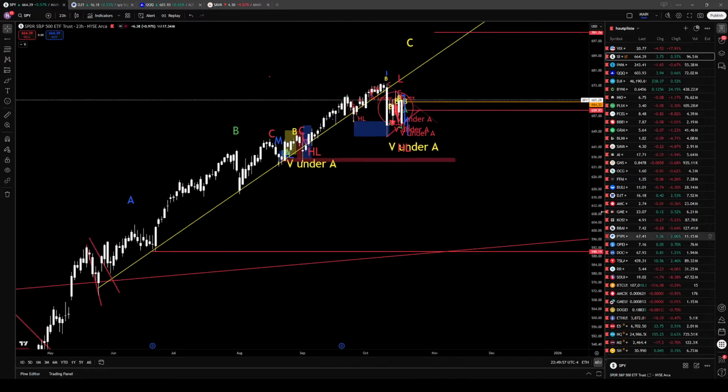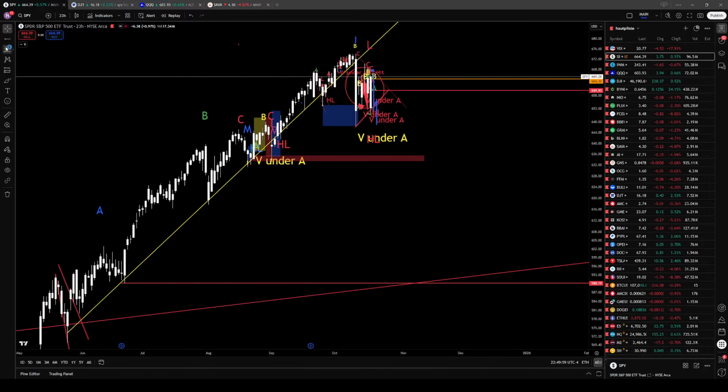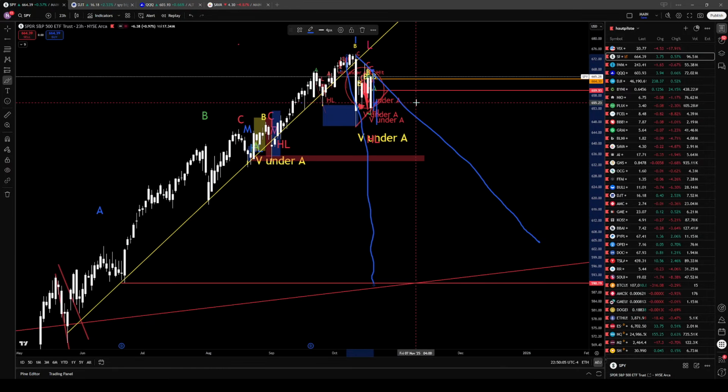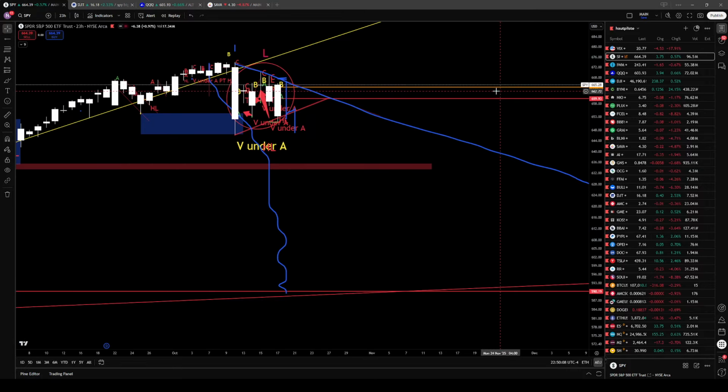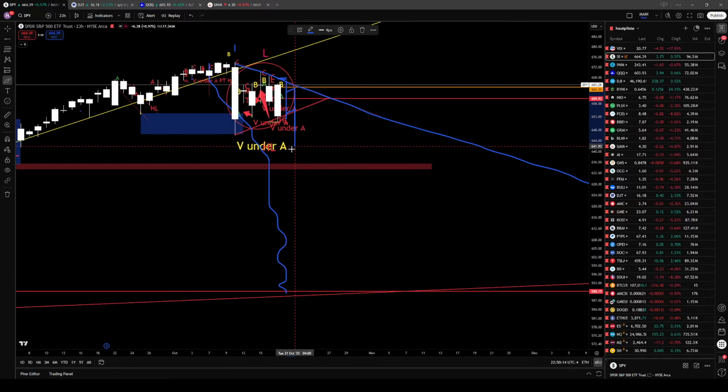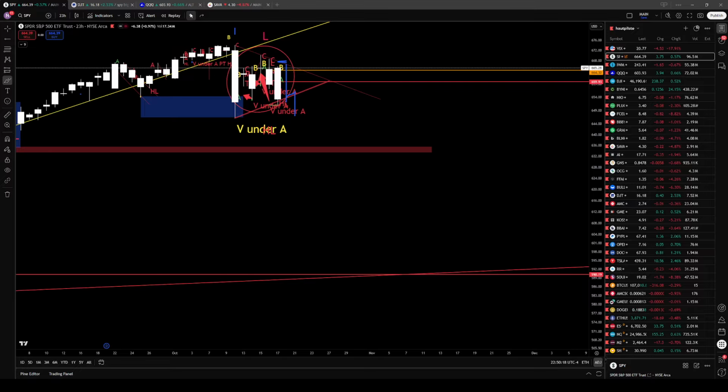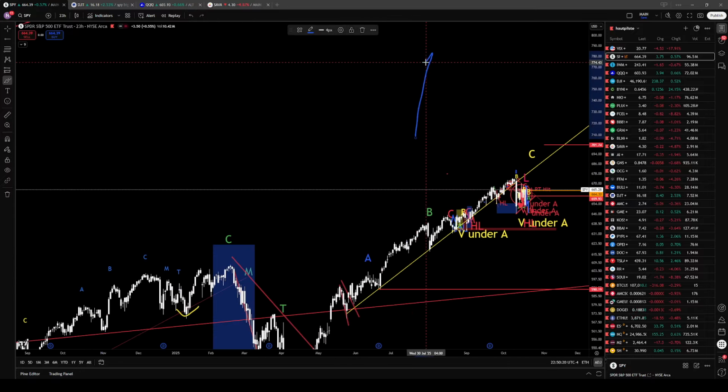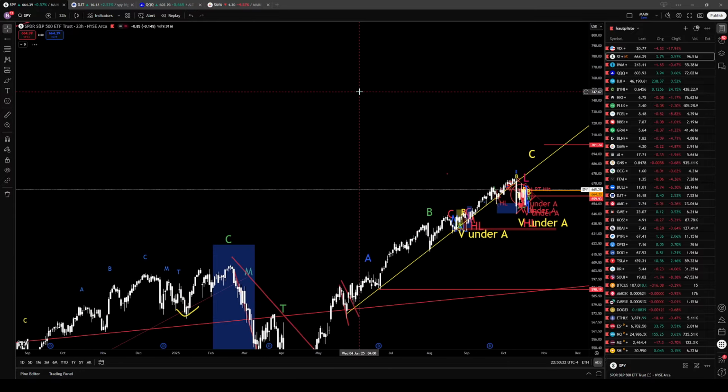It's a broadening wedge. This would be just this here again. The only thing is the second drop is always the most brutal and most quick one. For example, we just have to look at